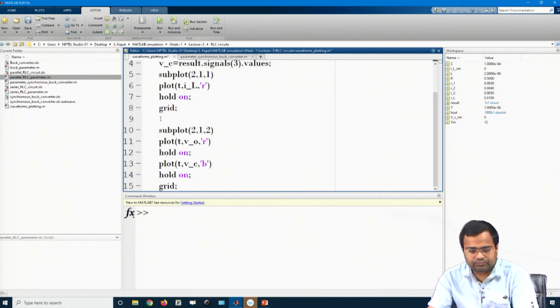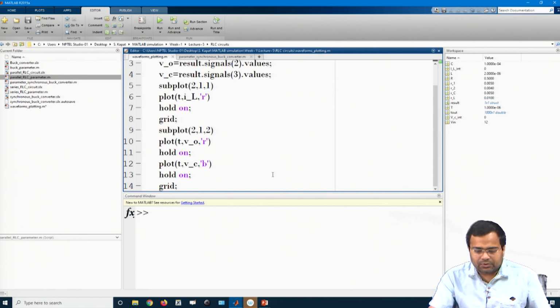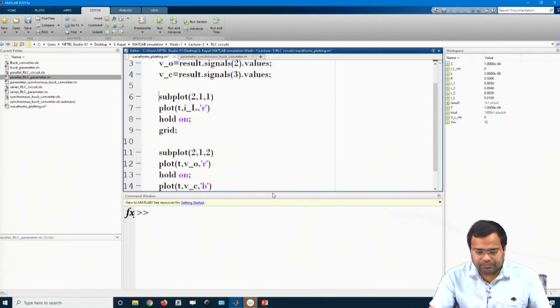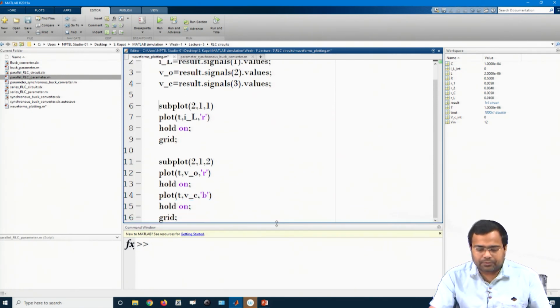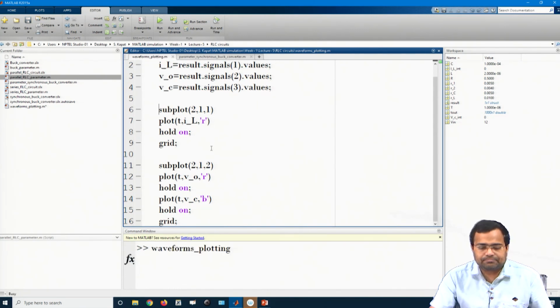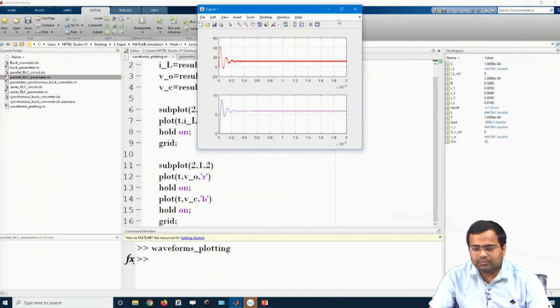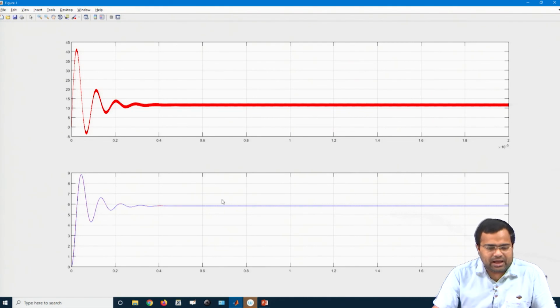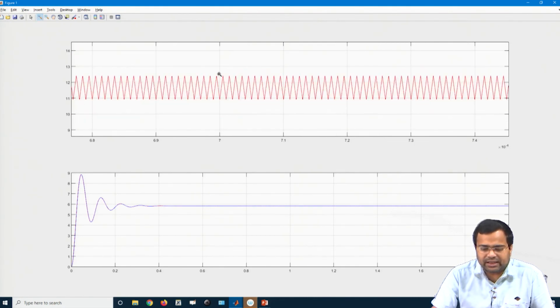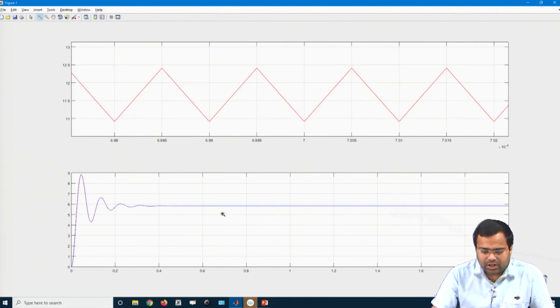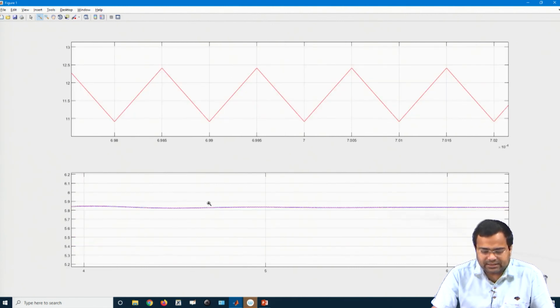Now, we will simply run it. Yes. So, if we run it, the inductor current is showing like this, and the output voltage is shown like this.